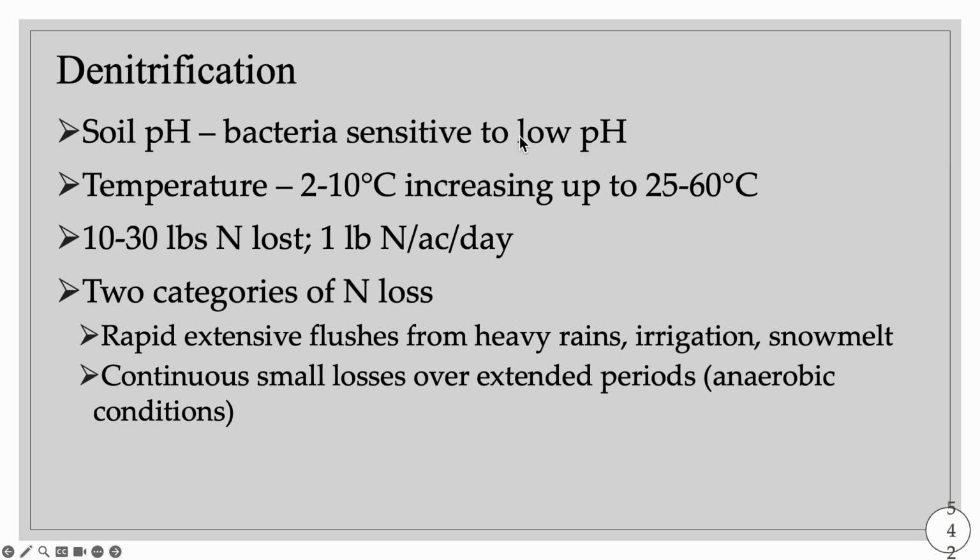So we're used to seeing this. We apply lime, we start growing our crop, we've applied our fertilizer, we get a heavy rainfall, and we have these conversions from ammonium to nitrate. And eventually we will get a lot of rainfall that saturates our soil, and we will have this reduction process that ends up converting, or at least converts most of, or we would hope all of, that nitrate back to N2 gas. But if it doesn't, we could lose about 10 to 30 pounds of nitrogen,